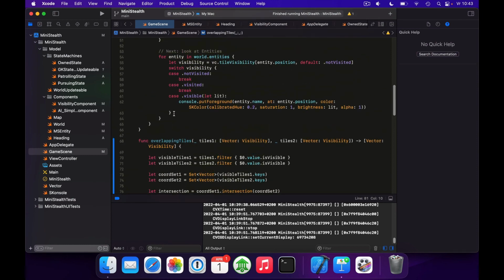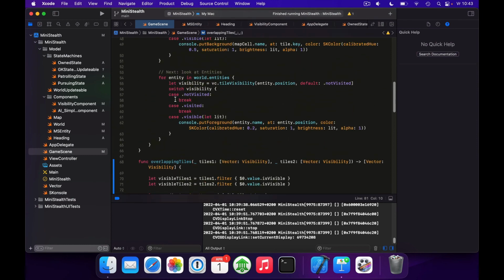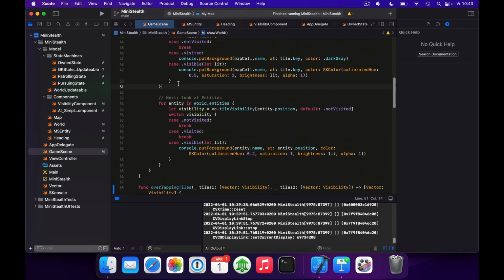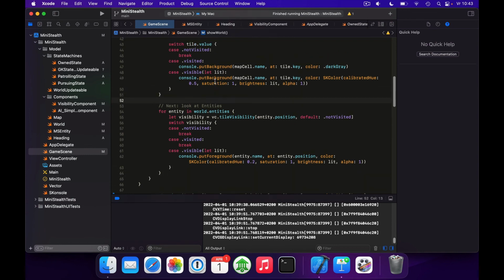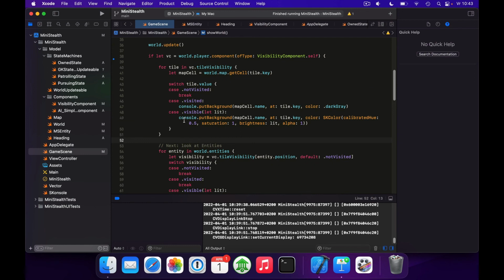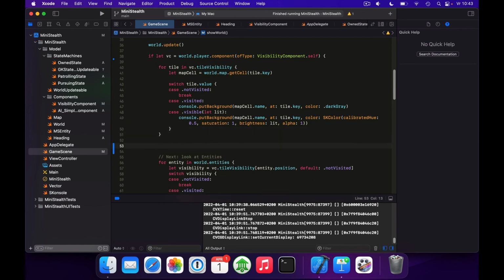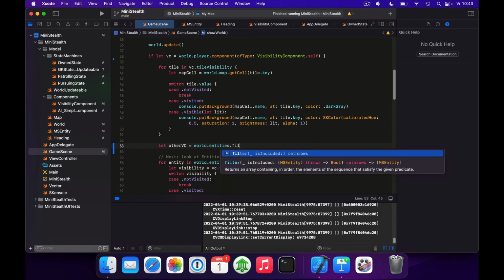So we determined which tiles are visible for both a player as well as an entity. And what we want to do is we want to color those differently. So we shown here our entities. We shown here our tiles. So after we've drawn all the tiles, what we'll do is we'll get our other visibility components from our world entities. And we'll filter out the ones